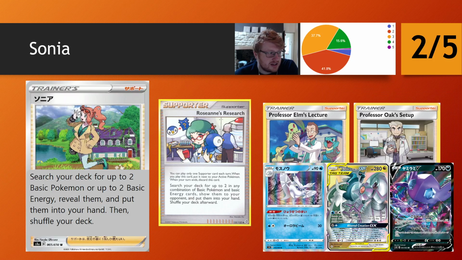Sonia is going to be re-evaluated in the new set, but spoilers, it's not going to be higher than the 2-star. In fact, it's probably going to be lower. We've basically seen Oak and Elm be eradicated, even from the controlling decks. Previously, Elm was played heavily for Pidgeotto and Florges and stuff like that, and Oak was played for similar reasons, and those have just been eradicated